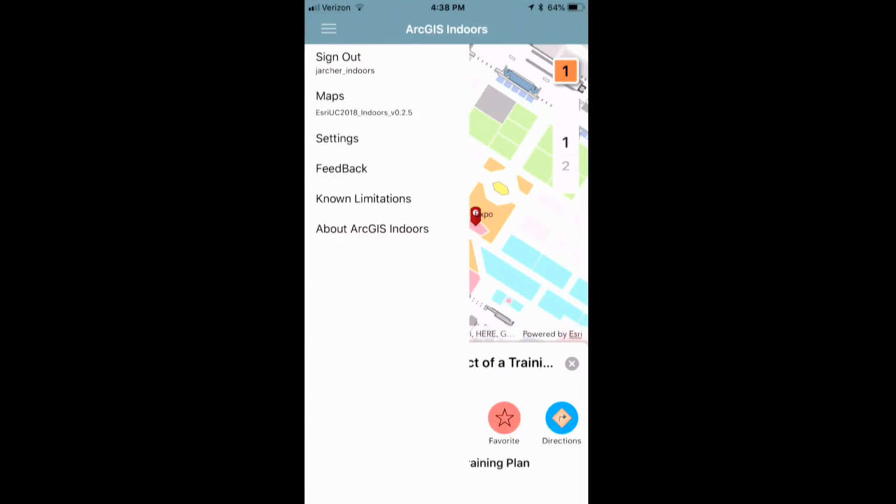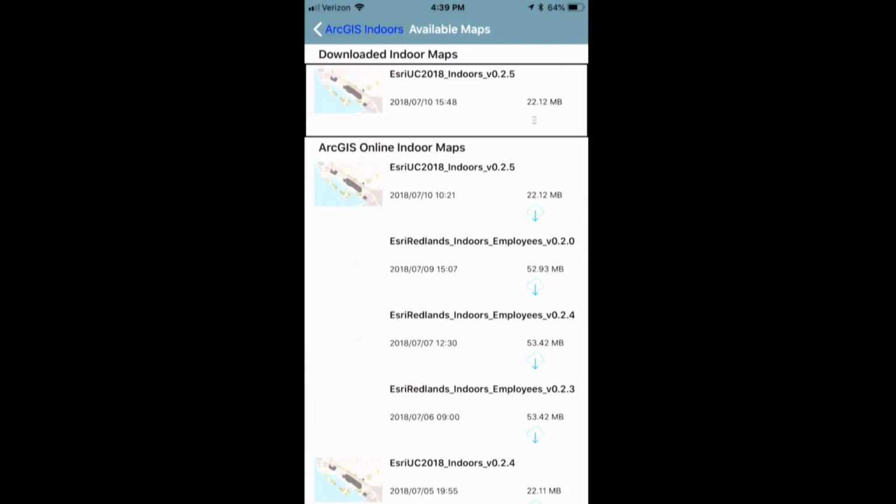But you can also see here, just the last thing I want to point out, I am using a mobile map package and it'll work in a disconnected environment. But if I'm signed in here as a user that has access to a lot of different maps in my organization, I can switch maps on the fly. I happen to have pretty good access to this organization, gave myself pretty good permissions.